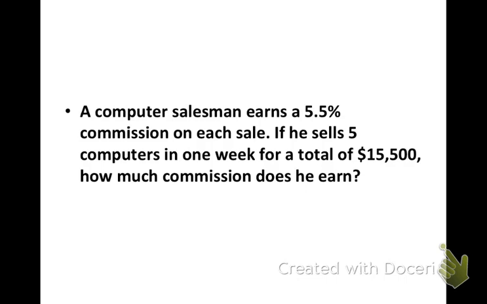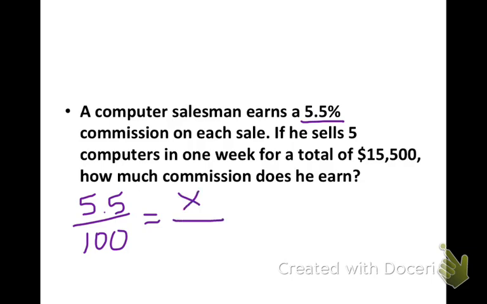So you could set up a proportion, or you could calculate 5.5% of the $15,500. Either of those would be the same. To set up the proportion, we start with the percentage that we're given. So 5.5 over 100. What part will be his commission over the total sales? So cross multiplication, and we will find that he will be earning a commission of,